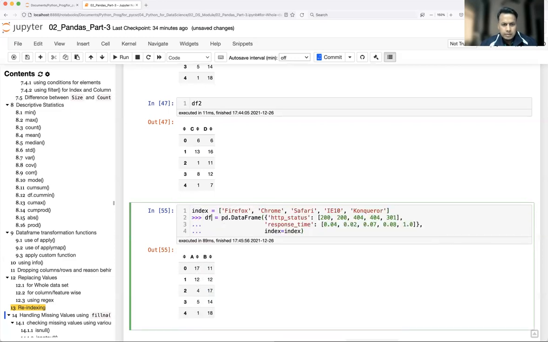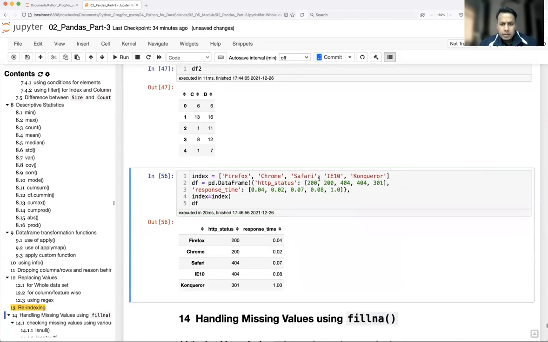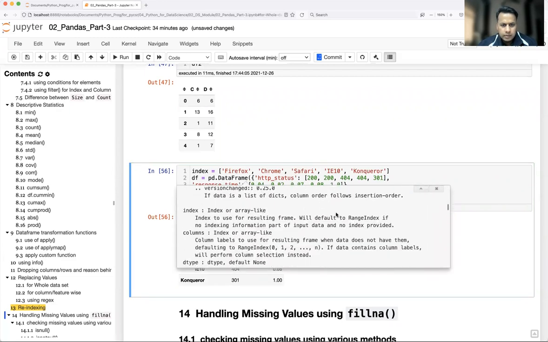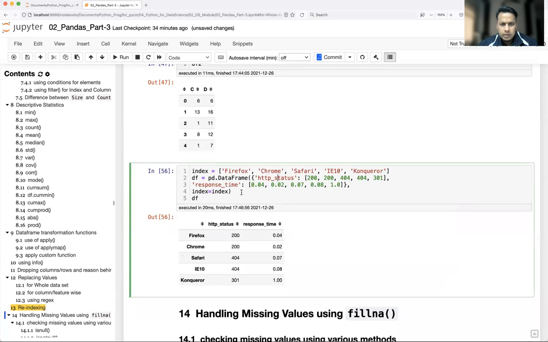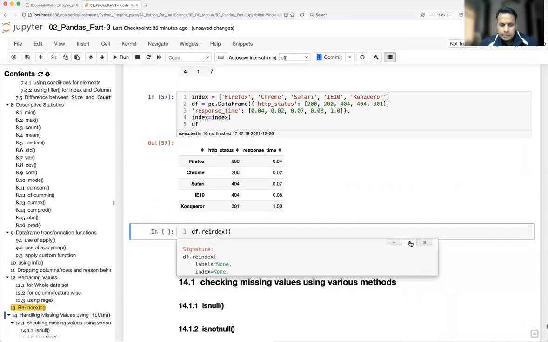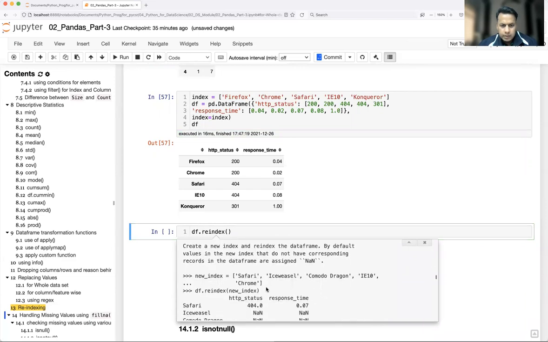Okay, so here is the index data frame. Let's see what the example is now. df dot reindex, new index.